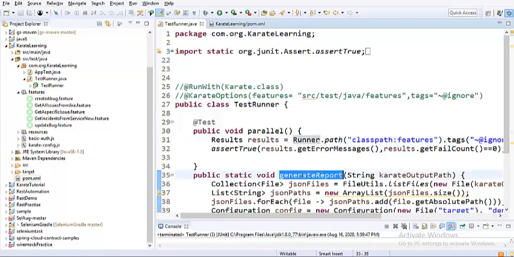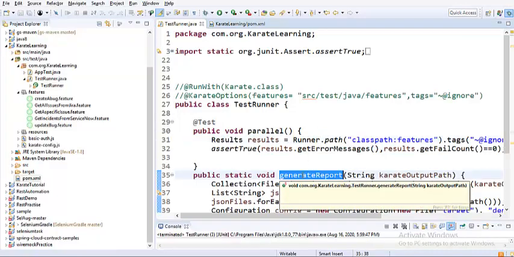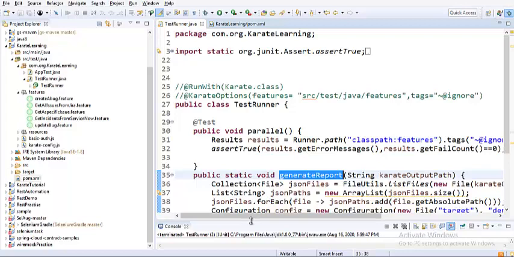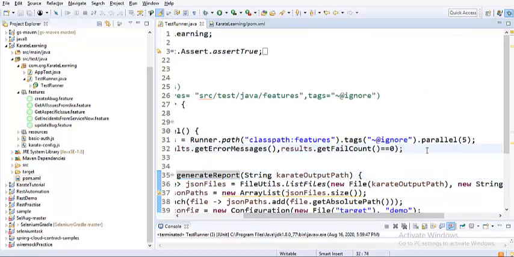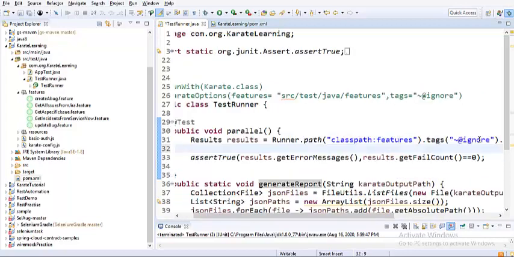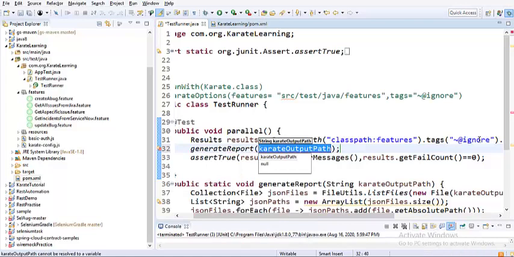The generate report code snippet has been copied, but where are we actually invoking this particular method? It should be invoked in here. So I will invoke this method as generate, since this method is a static method and it's present in the same class, you don't need to create an object for it, just call it by the name of the method.